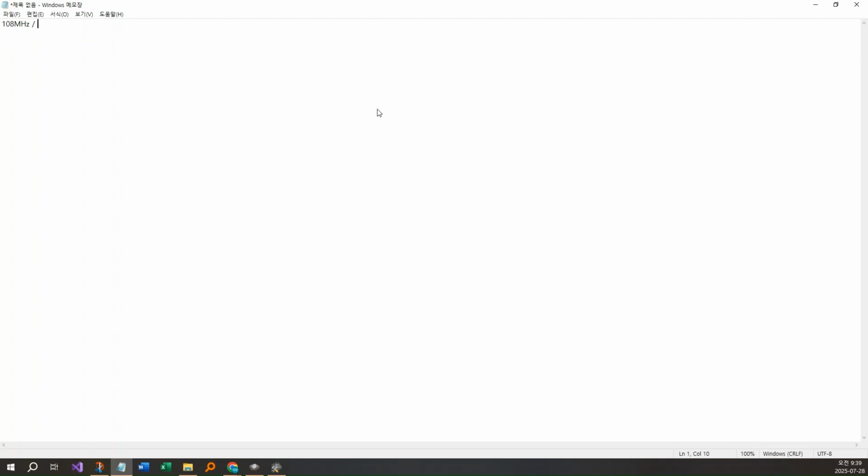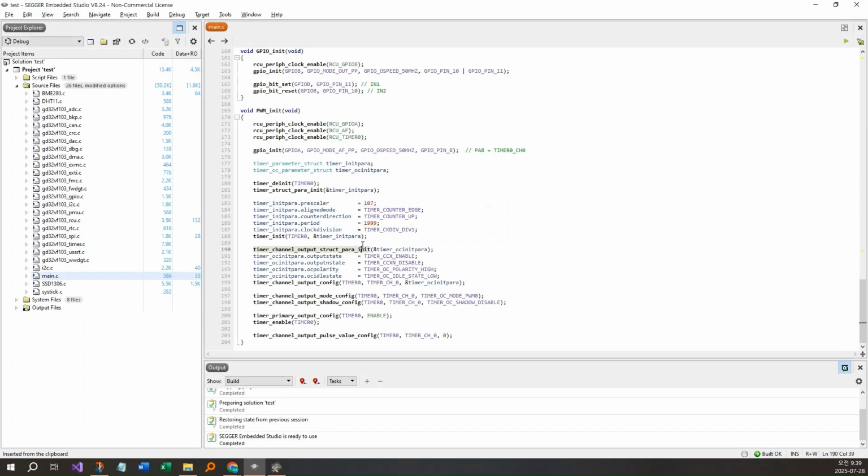If we divide by 108 and 2000, it will be 500 Hertz eventually. So we set the frequency to 500 Hertz,